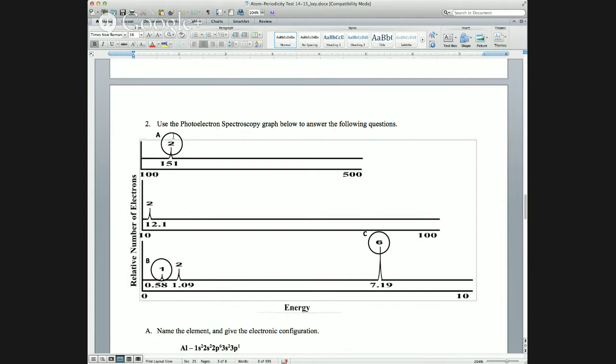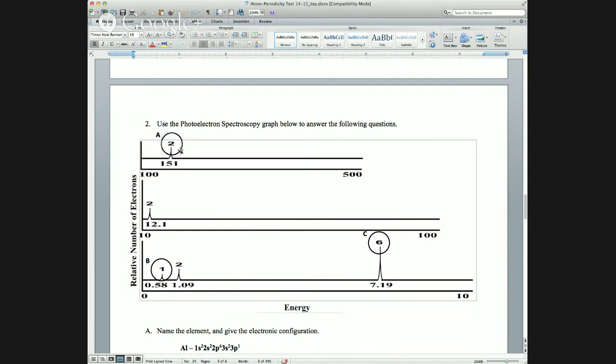So the high energies, that means it takes a lot of energy to remove an electron. This is ionization energy. Binding energies and ionization energy are pretty much the same thing. So the electrons that have the highest amount of energy, those are the ones that are closest to the nucleus. They're in the lowest shells closest to the nucleus. So that means it's the 1s subshell. So that means up here, A would have to be